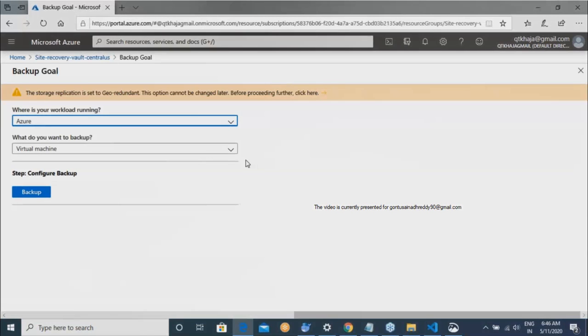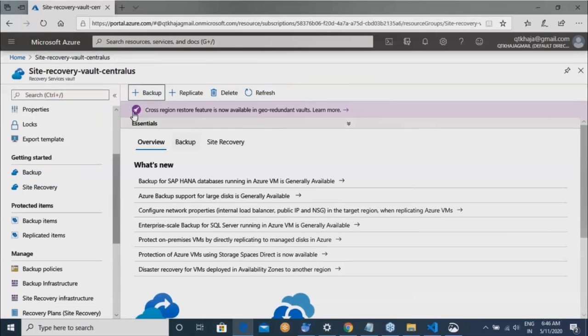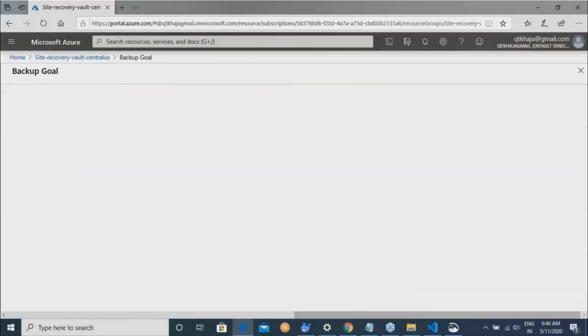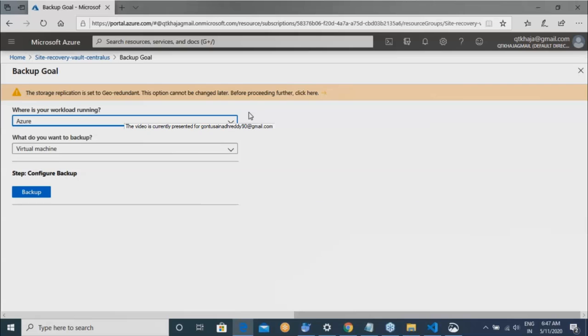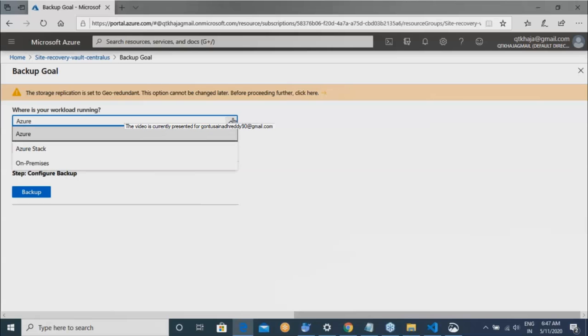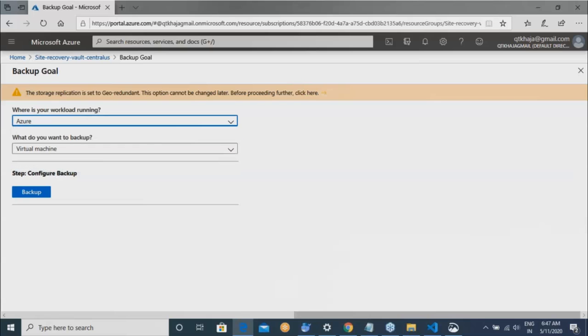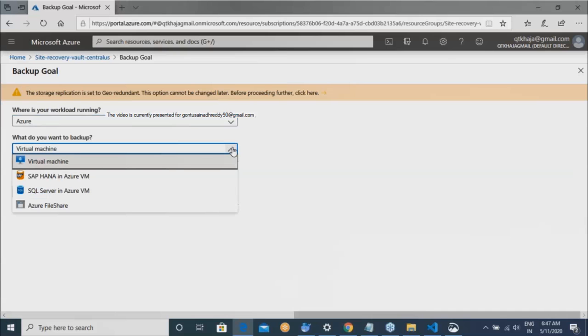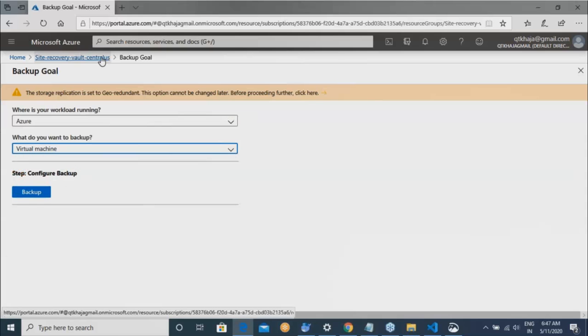Okay. What you have to do is go to Site Recovery and click on Add Backup. Okay. Then here it is asking where is your workload? Is the workload in Azure, in Azure Stack, or on premises? Right now we are speaking about Azure to Azure Site Disaster Recovery. And what do you want to take a backup of? Do you want to take a backup of virtual machine or something else?